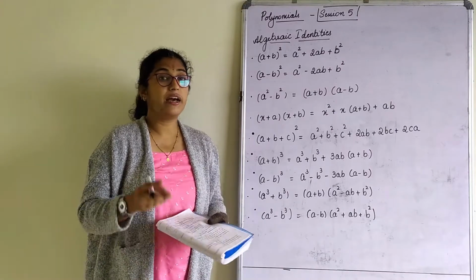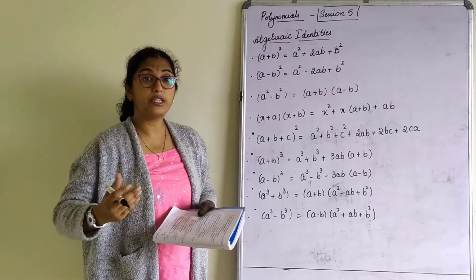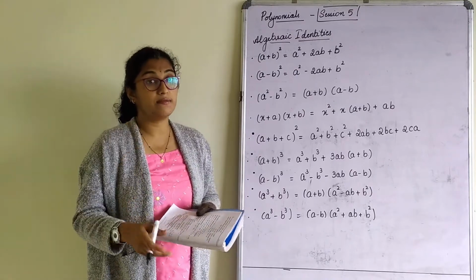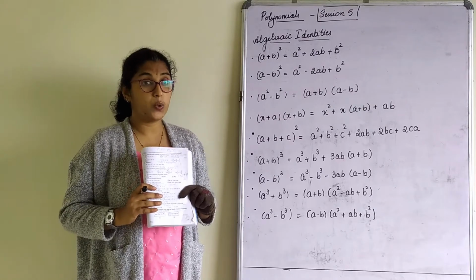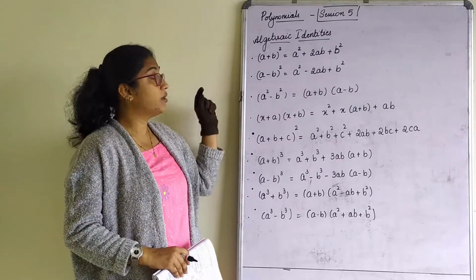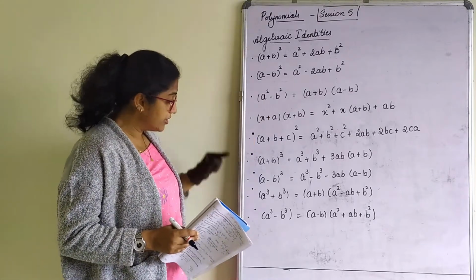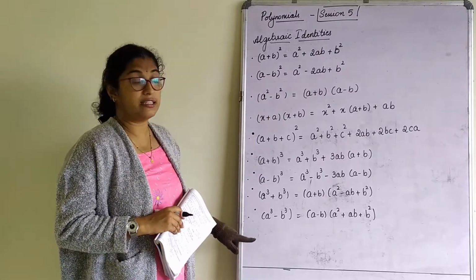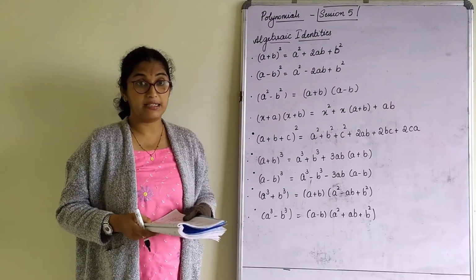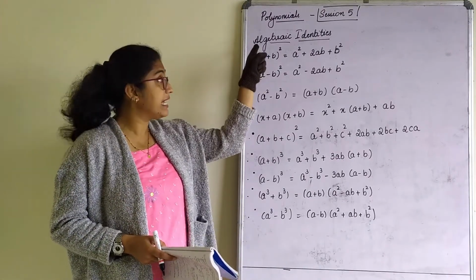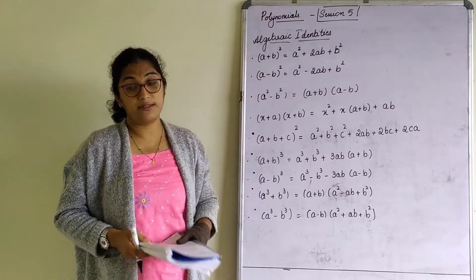Along with this, we have two more special identities here. We will do that once we are starting with those special sums. These are the common identities we follow in this exercise. So I want you all to give the heading as algebraic identities and first write these identities which I have written. After this we will start with the exercise. Please give the heading as algebraic identities and then start with this.